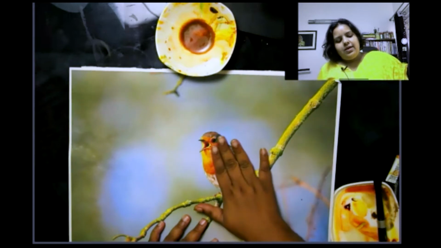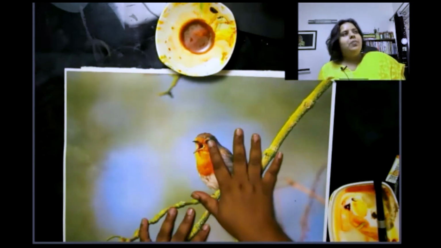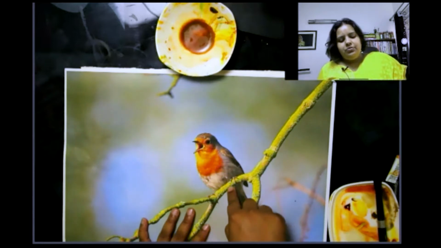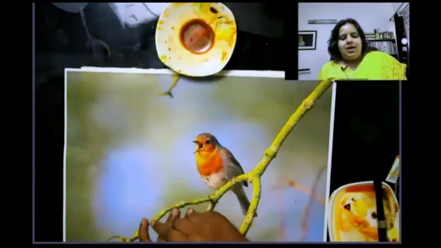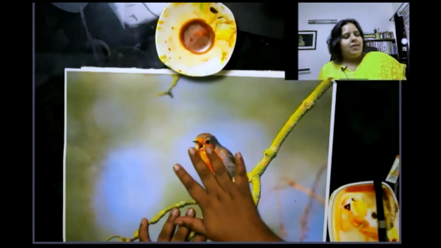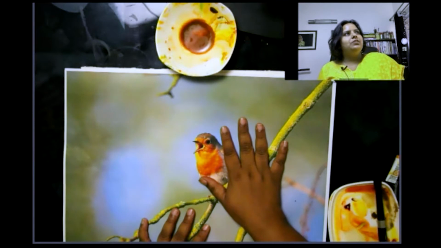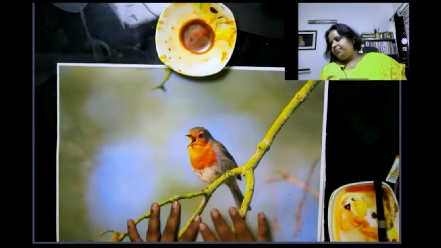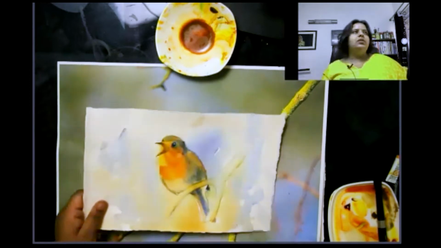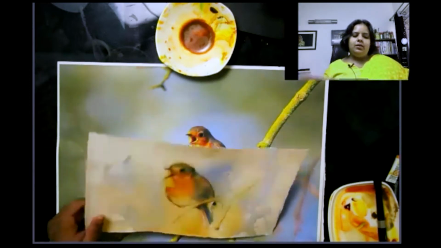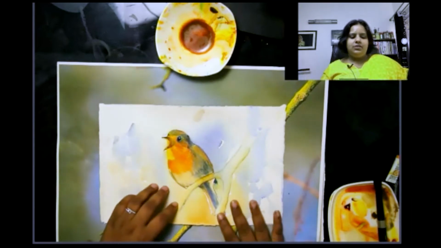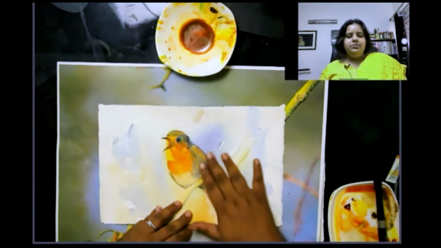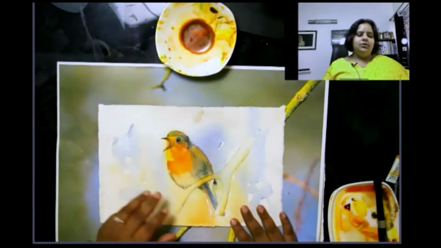I always go back to the basics and look at how we can make this bird look 3D. This has a very soft background, so it depends on you whether you want to paint the background or leave it white. I just made a small copy yesterday, and I decided to do a loose background around the bird.